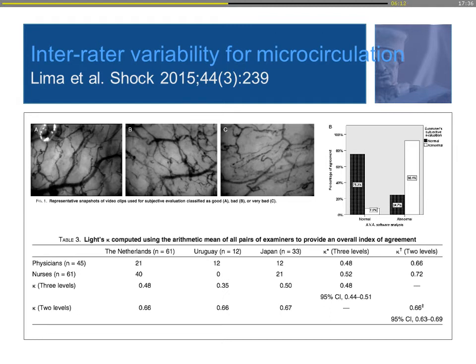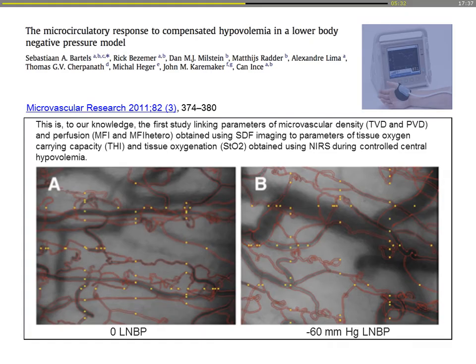And Alex Lima from our department, research fellow who is postdoc now, also used the microcirculation because you have the same problem. Can you use the microcirculation under the tongue, and will two people have the same evaluation of this microcirculation? When he used normal, abnormal, you had a very good kappa. If you made it too much discriminative, it was somewhat more complicated, but with normal, abnormal, he found a very good relationship between people, nurses in the Netherlands, in Uruguay, Japan, using pig data. This is not patients, but this is movies from pig. And so, yes, these methods are indeed easy to use, accessible, and reliable.